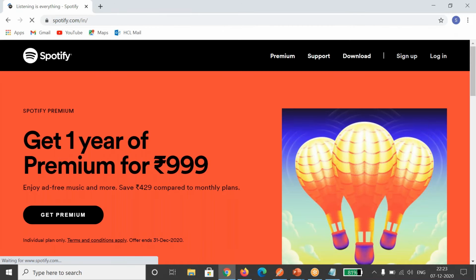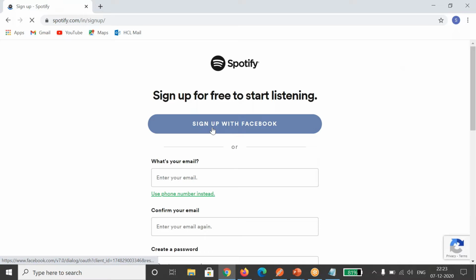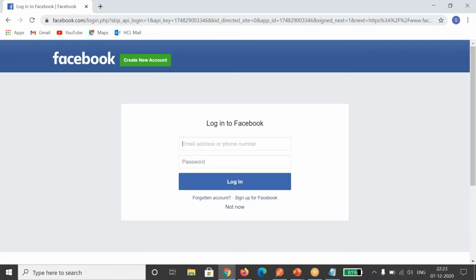www.spotify.com. So here you can see the sign up option. So here, sign up with Facebook. When I click on this, you can see this is redirected to the Facebook authorization server. Let me copy this URL here